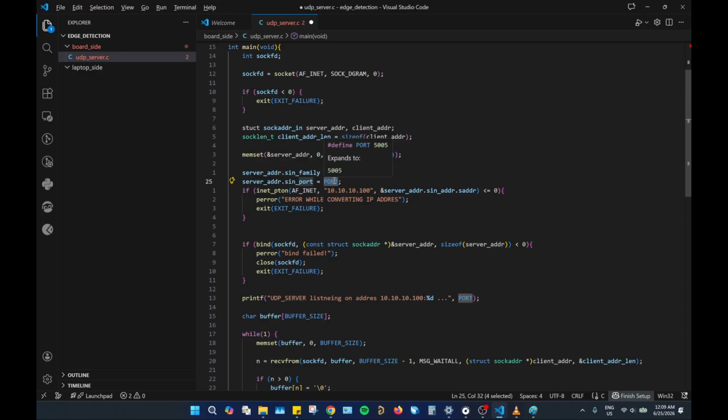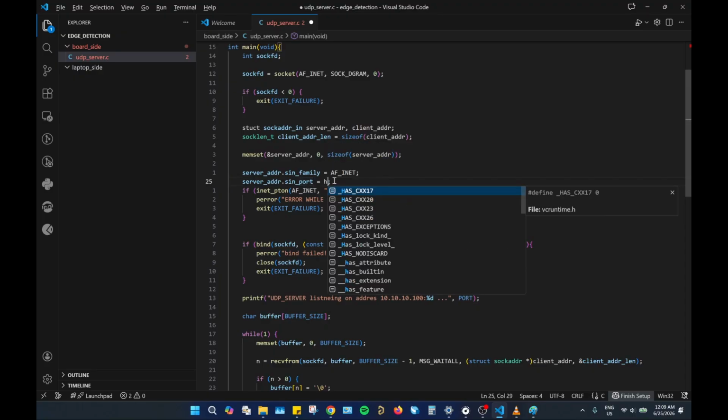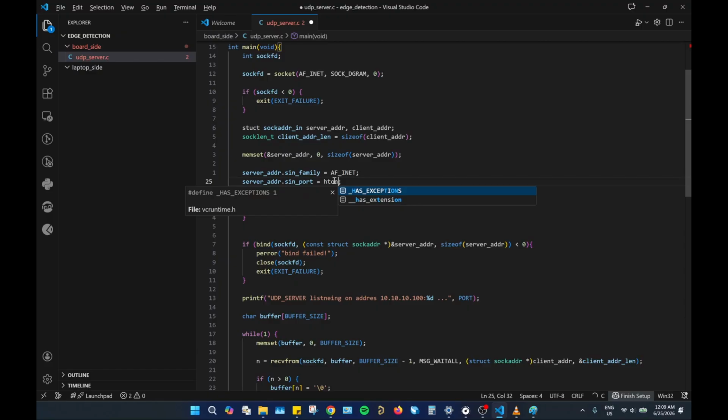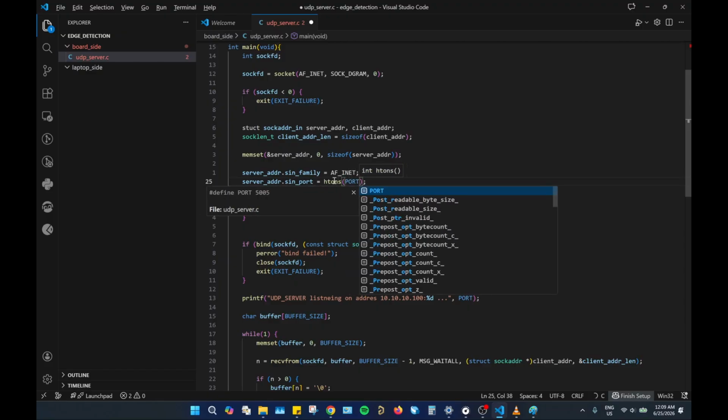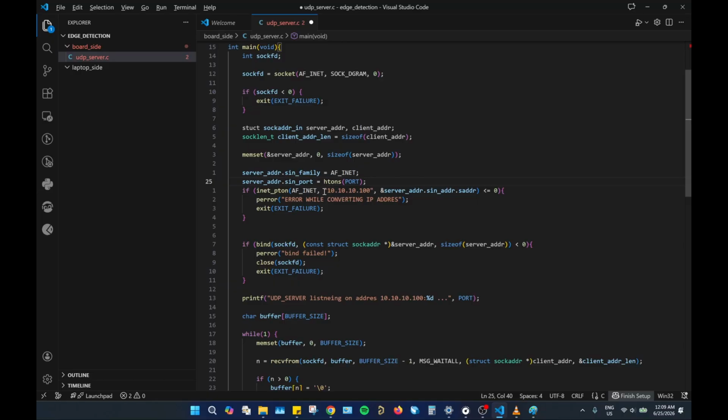So to do that, we have to pass this through a function called htons(port). Okay, so this will convert it from the device format into the network format. All right,